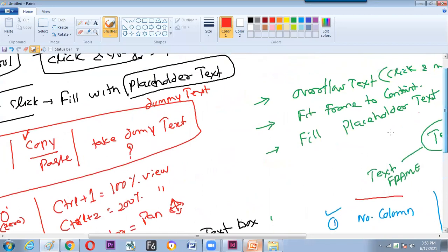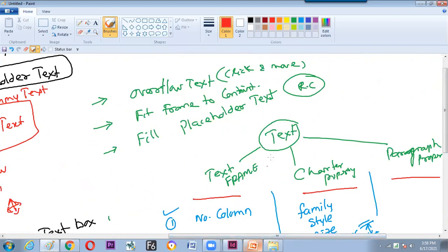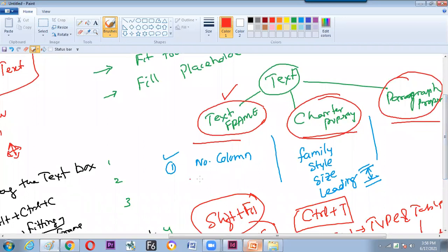Then we saw the text and its properties. Text property is divided into 3 parts: text frame, character property, and paragraph property. The text frame has a vital option called number of columns. Though the column looks like a property of the text, it is not.